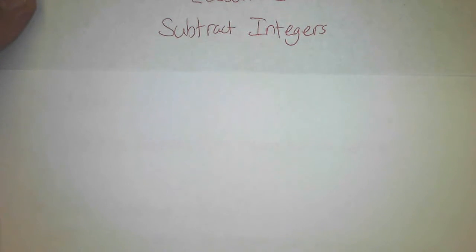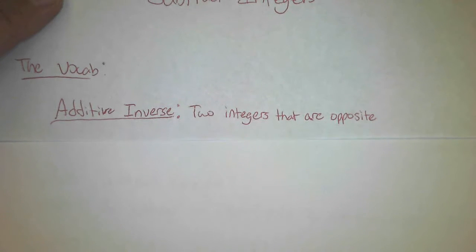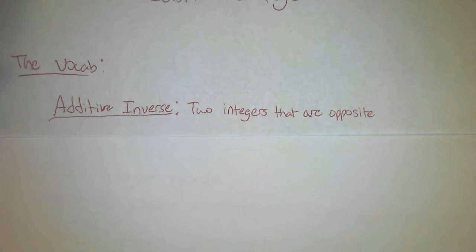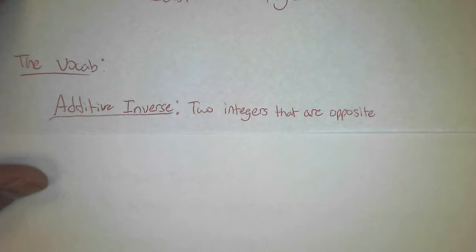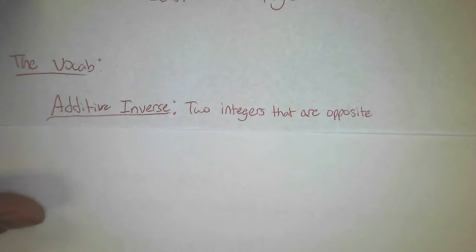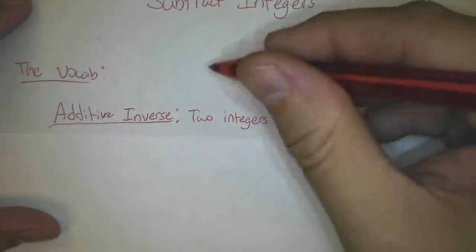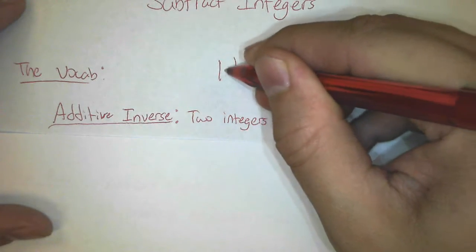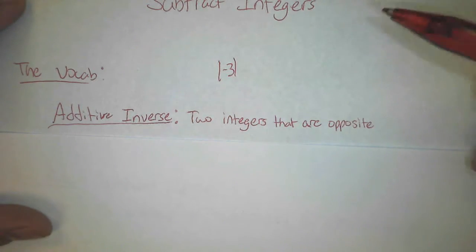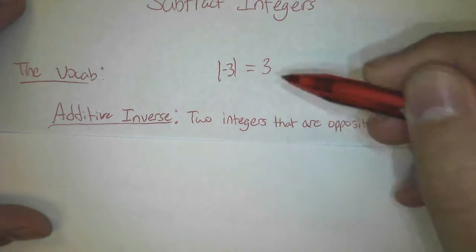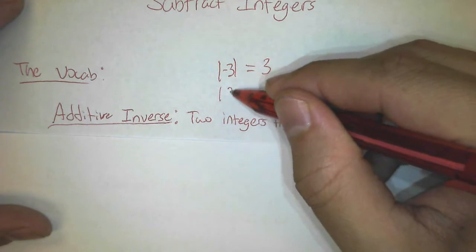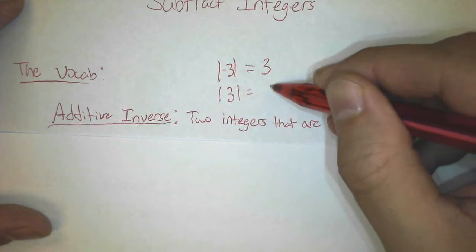Our first vocabulary lesson is additive inverse. Now these are two integers that are opposite, and a lot of people get this confused with absolute value. So absolute value, a lot of people think that that is the opposite. So absolute value, you have, say, -3 would equal 3, but the absolute value of 3 would equal 3 as